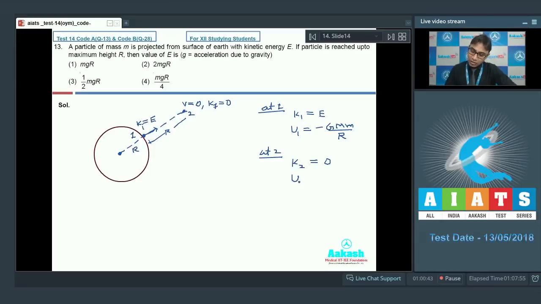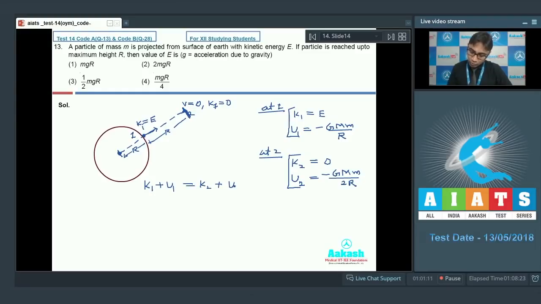And what will be the potential energy? Since it is at a distance of 2r from the center of the earth, we can write the potential energy at 2 will be minus GMm by 2r, right? So now we know the kinetic and potential at point 1 and kinetic and potential at point 2. So if I apply the conservation of mechanical energy, we can write K1 plus U1 must be equal to K2